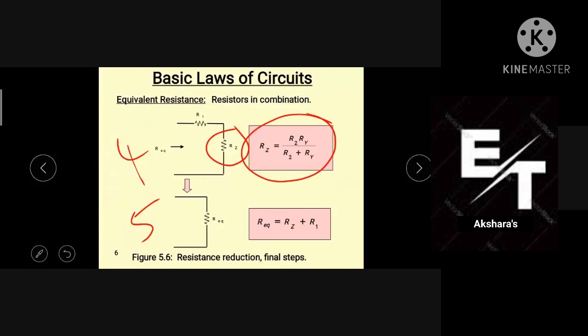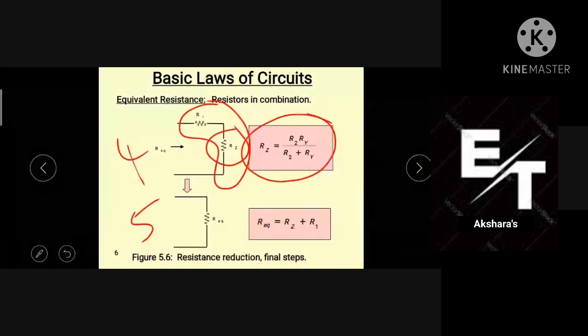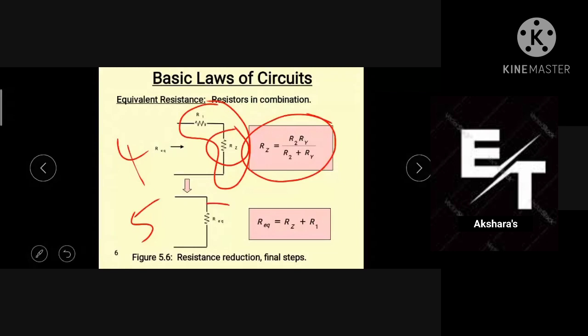Now tell me, are these two a series combination or a parallel combination? R1 and R, series, sir. Series combination. From the equivalent resistance, we get the total resistance value. Is it clear or not? If you have any doubt, sir, please explain once more, the fourth and fifth steps.